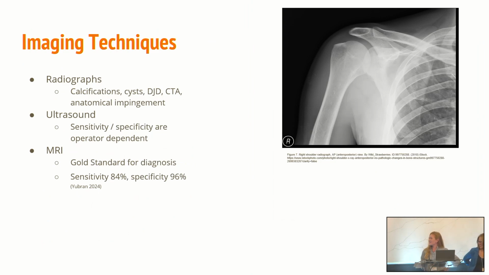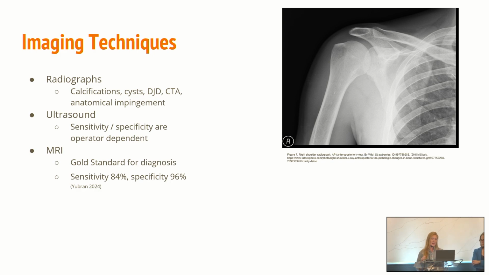Imaging techniques. Typically in our office, we start with plain film, x-rays. They're not going to show us any of the soft tissue structures, but they give us a general idea of what's going on in the shoulder, showing us any anatomical impingement. If you have subacromial bone spurs, that's going to cause impingement and irritation or injury to the rotator cuff tendons. Also degenerative joint disease, cuff tear arthropathy, we send them to Dr. Stanwood or LeAnna often, and calcifications embedded within the tendon that can also cause significant rotator cuff pathology